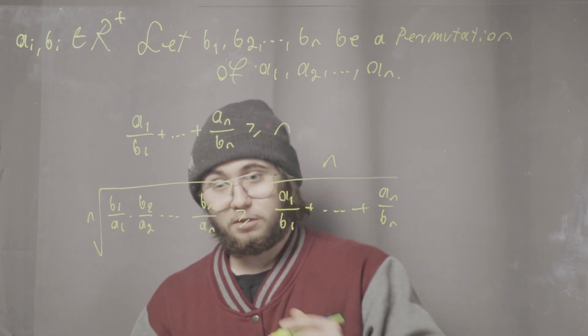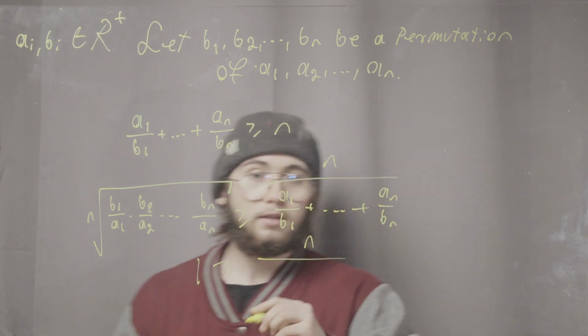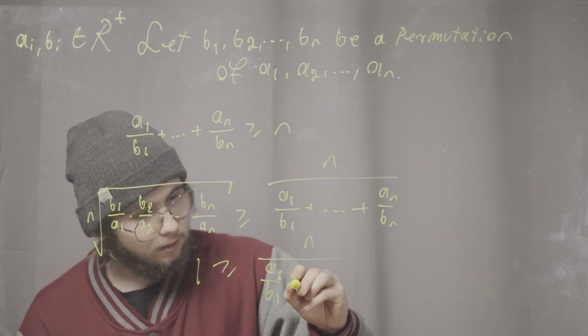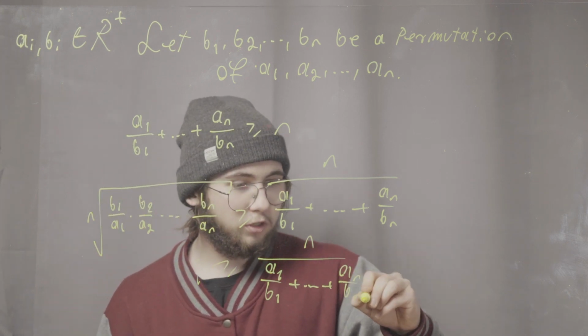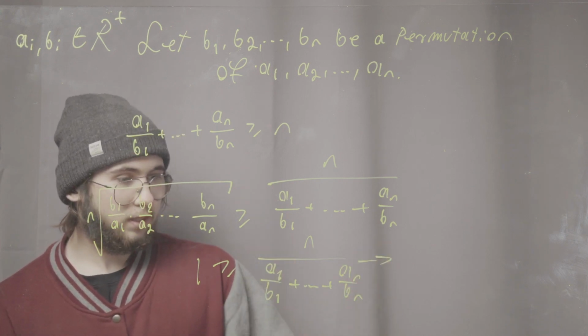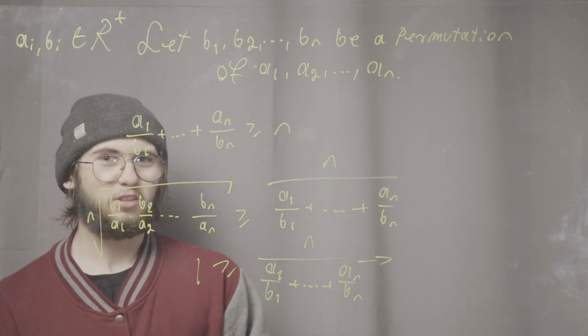And so what are we going to get? We will get that 1 is greater than or equal to n divided by the sum of the reciprocals of the fractions from under the nth root, which is something like this. But what does it mean? After multiplying both sides of the inequality by that sum of the reciprocals,